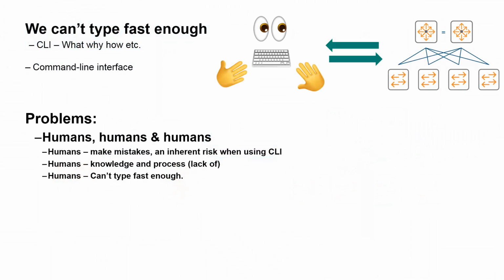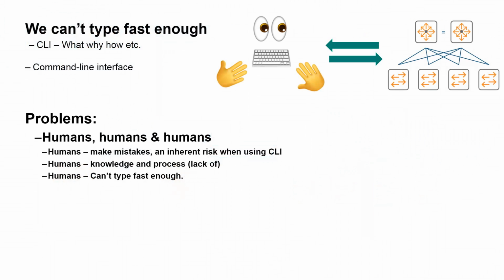Other problems are the fact that the knowledge and process around the CLI. So if you think about it, some people's job within networking, not to criticize them, but in some of the, say, first line troubleshooting roles or second line troubleshooting roles, are very much process driven, and that process is built around not actually kind of networking concepts as a whole. Sometimes it's actually just around the process of the CLI, so entering commands and then getting the output. So not really delving deeper into what's actually happening on the network, merely just kind of call and response from the network using the CLI.